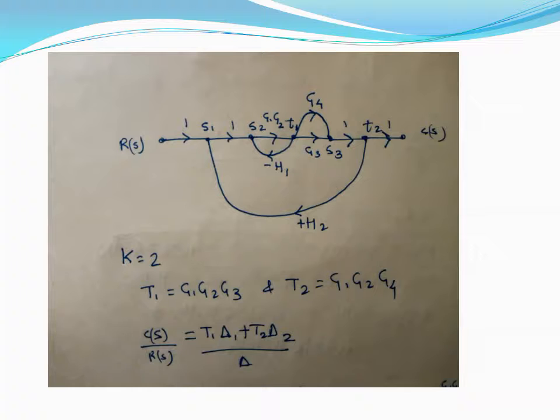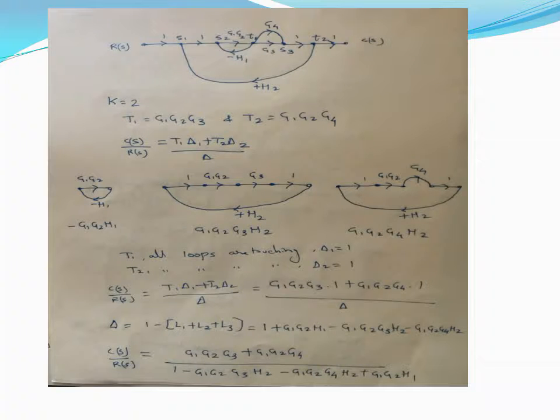So can you check? There is another loop we can see from S1, S2, T1 going to S3 via G4, T2 and back to S1. That is one more loop. And one more loop is starting from S2. So here we can see these are the loops.